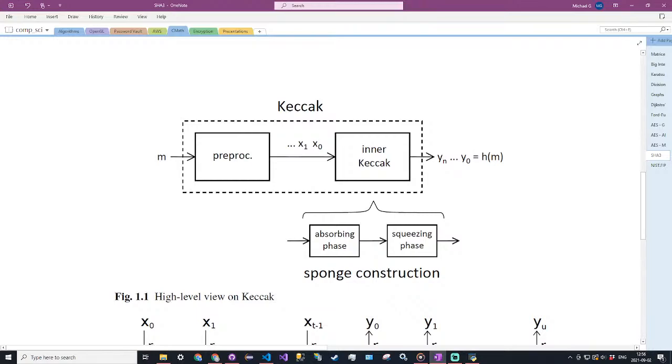Alright, so let's look at the Keccak function. I believe it's pronounced Keccak. One second. Fire truck going outside. So let's look at Keccak. This is essentially just another name for SHA3. Well, essentially Keccak is the function, and then we just have